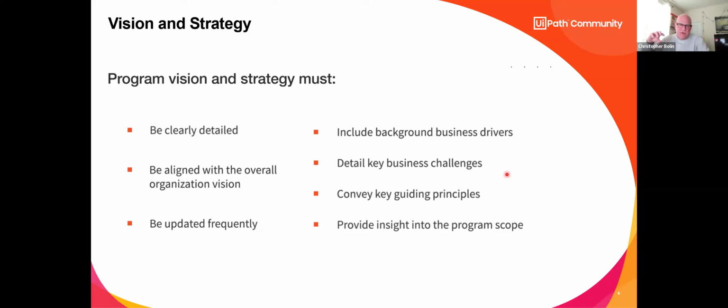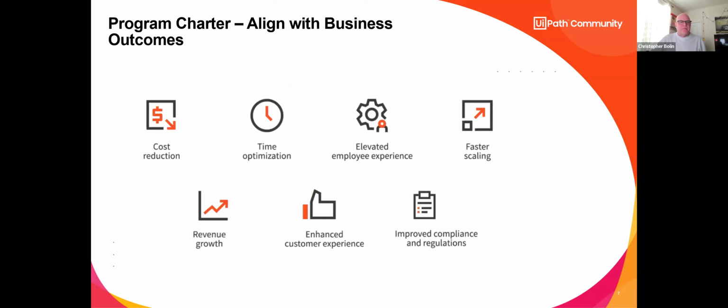What are our guiding principles? That's a really vague statement. What's a guiding principle? That's something that your organization is going to sit down and determine. And insight into the program scope is so vitally important. Like in that finance scenario I just played out for you, that scope's going to change, but it has to be defined at the beginning so you know what to focus on, you know what to put in the pipeline, you know what to reject, you know what to accept.